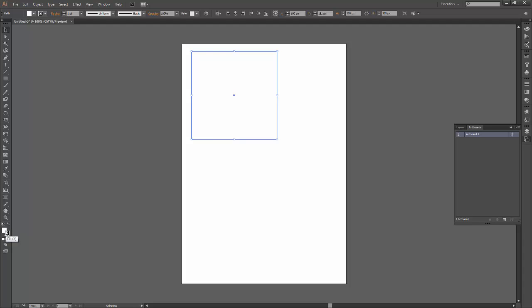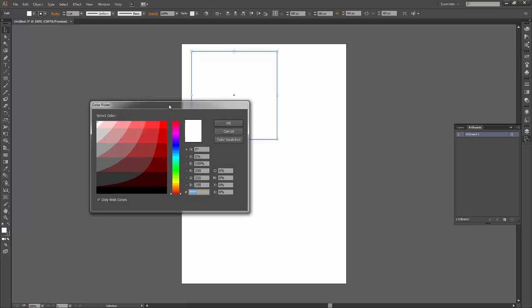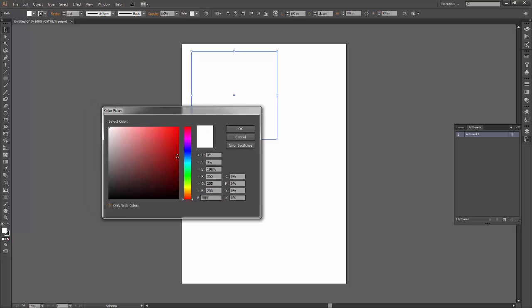To fill it, I just have to double click on this box actually, and there I go. I have my color picker over here, and I can go and pick any of these colors. On this vertical bar, if you move, it will change the hue. On this square, if you move, it will change the brightness and saturation level, or you can say the purity